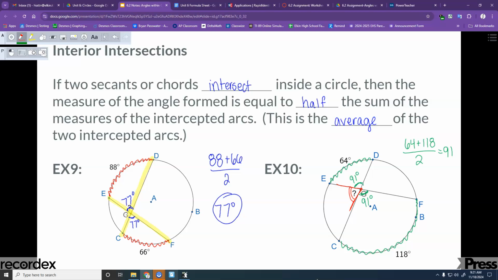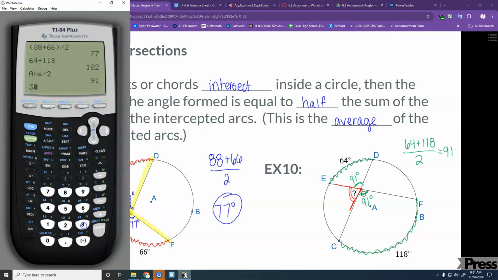That's one way we can approach it. We could subtract them from 360, but if we do that, do we know this angle over here? We don't. But these two angles have to be equal to each other, right? So if we subtract those from 360,